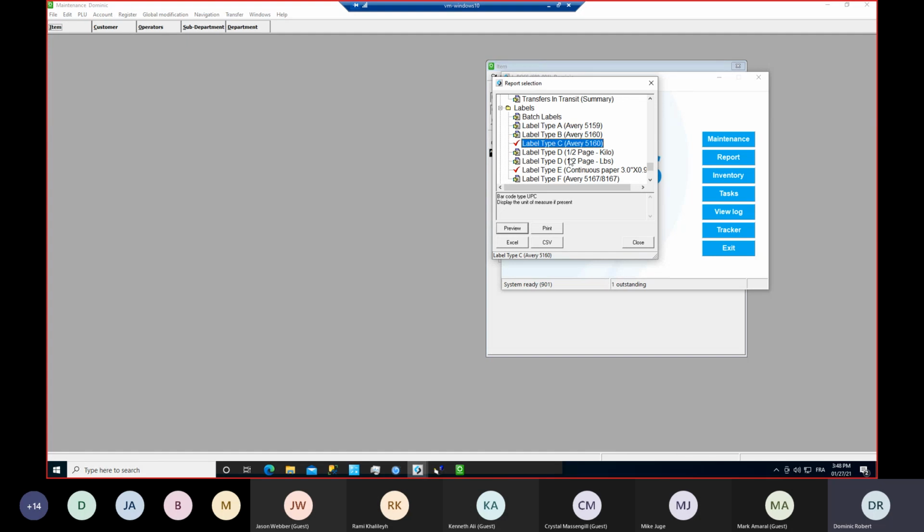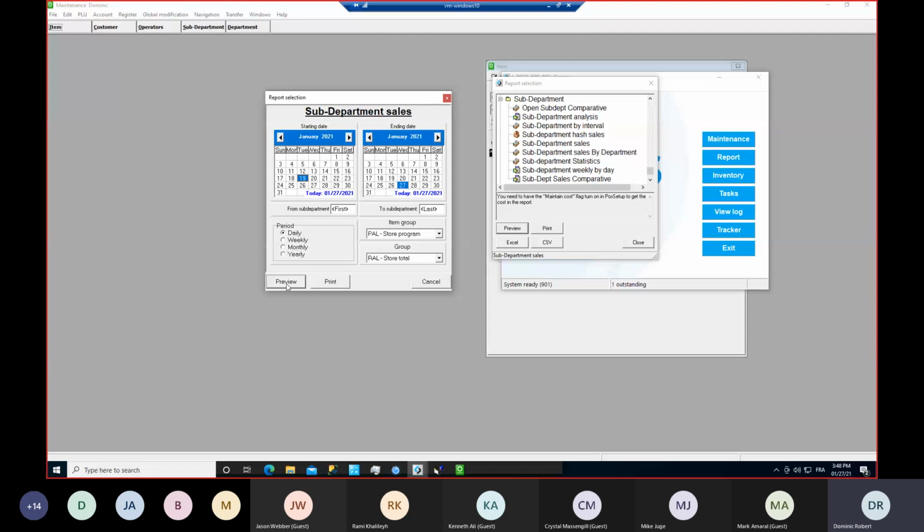If you want to print labels, we have pre-made labels that you can customize, adding or removing fields. If they are available in the system, we can do it. PLU sales shows how much you sold of each item. You can have it either per day or per item. Sub-department sales is similar to the department,